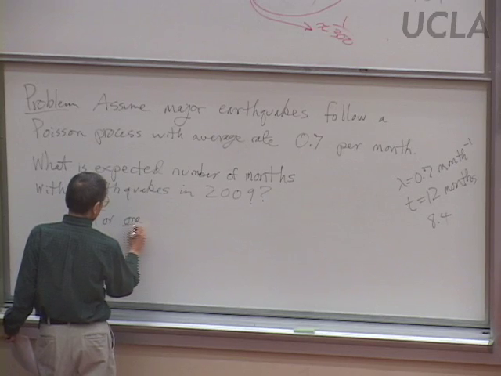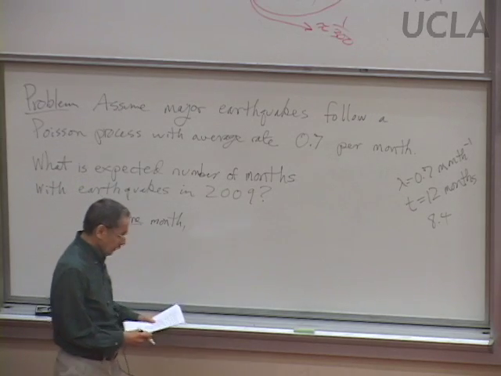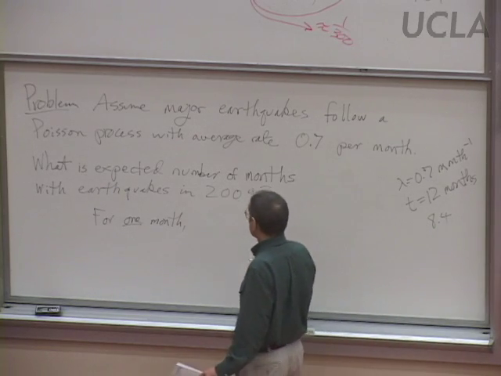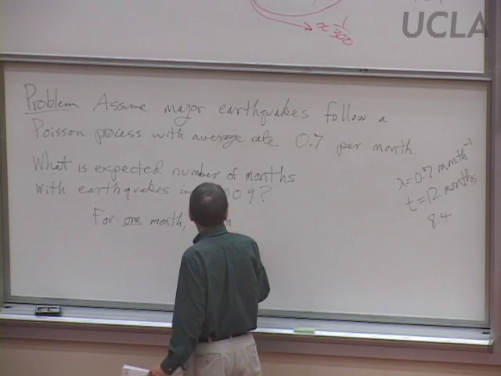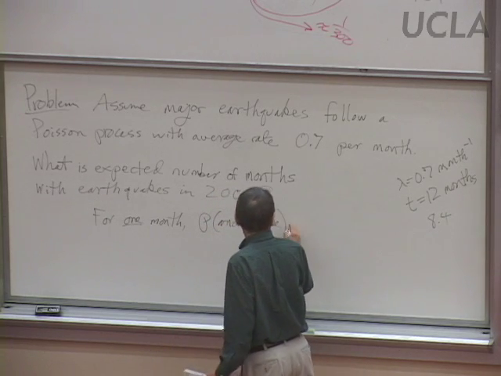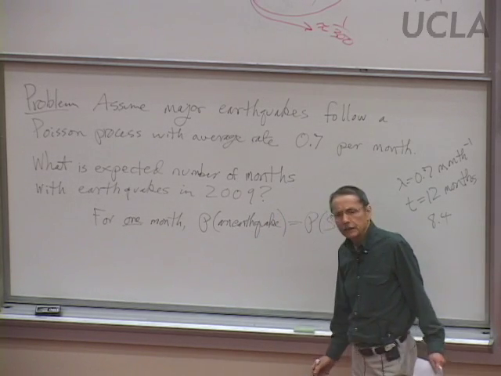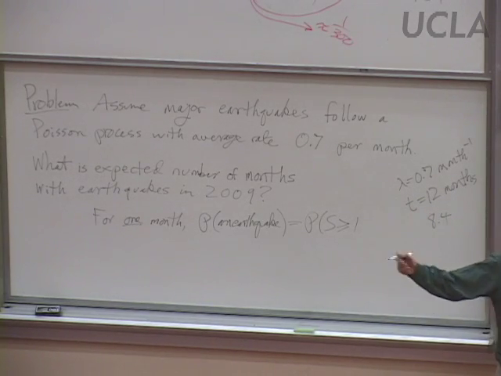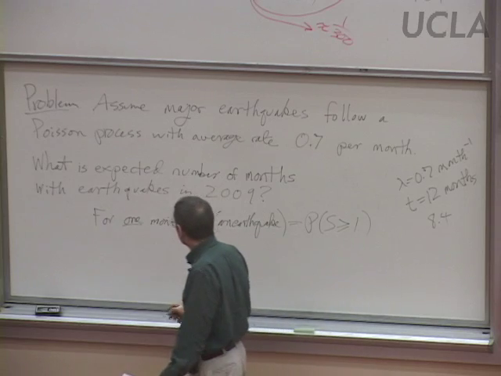And for any 1 month, the probability of having an earthquake, well, that is, to be more exact, a probability of having an earthquake or more, qualifying as a month with earthquakes, would be,